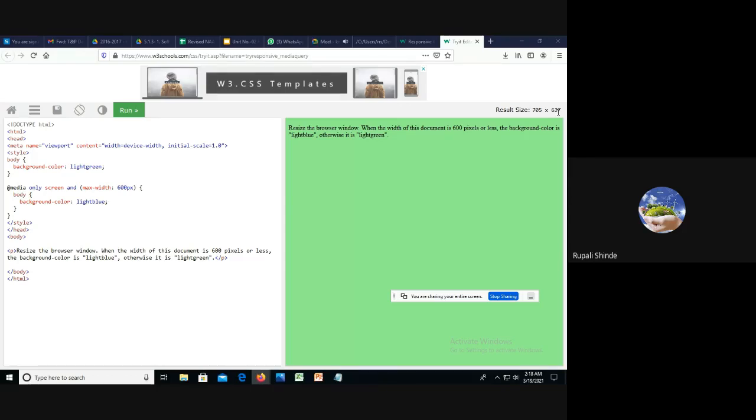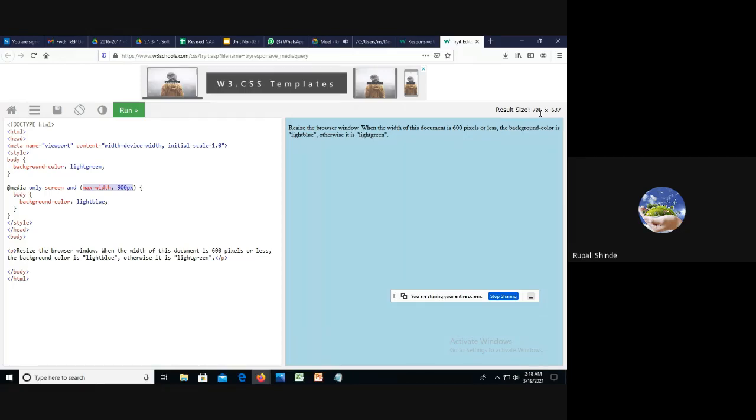Okay. If we change it here to 900, it is light blue because this condition is satisfied by the width of the output browser. Here we are considering the width of the browser.